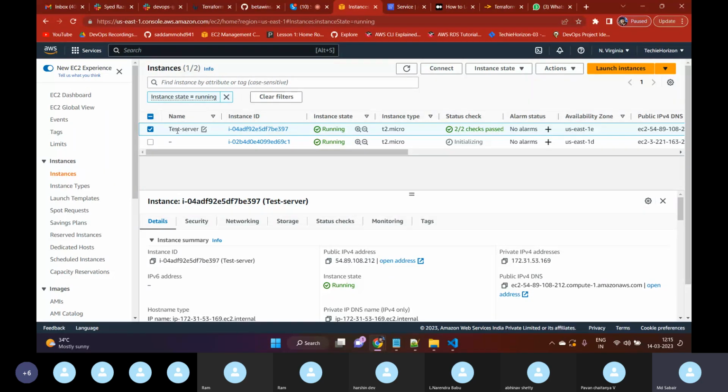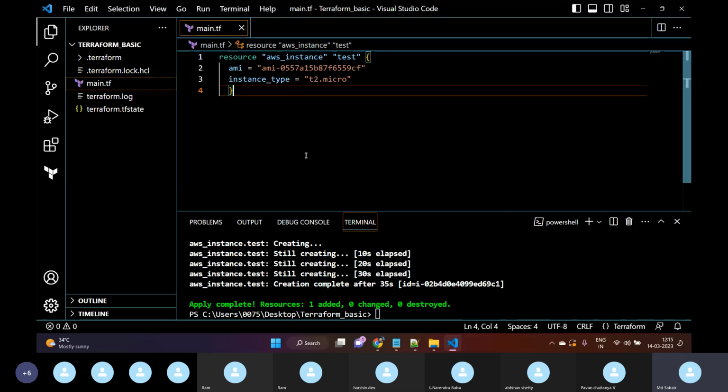So if you want to manage it, for example, if you want to delete this test server with the help of Terraform, can we do that? Is it possible to delete an existing server which has been provisioned manually without Terraform? Yes or no? I think no. So if you want to maintain, delete, create, destroy, manage the existing infrastructure as well,